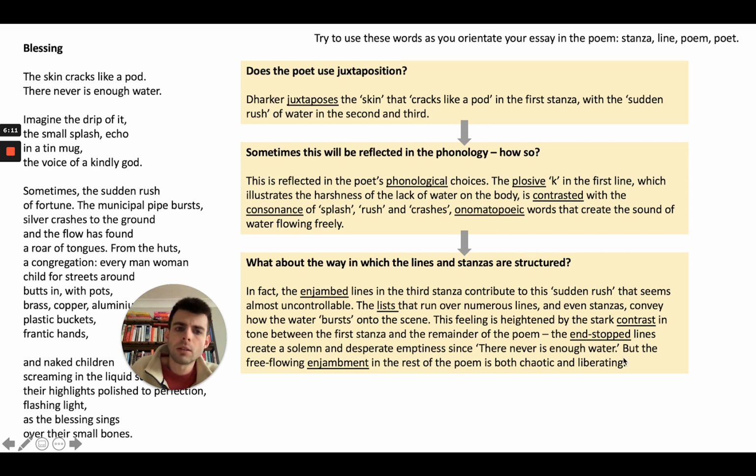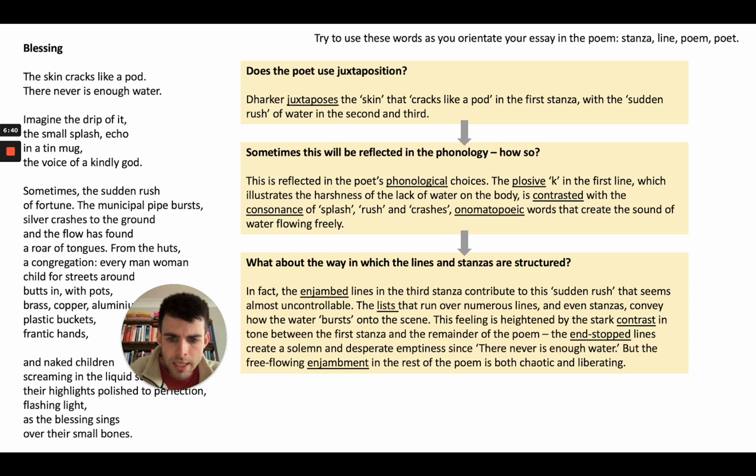But you might think, well, actually, it creates a kind of finality, that this is not something that they can escape from, and it's just a lucky coincidence that this pipe ends up bursting. Actually, they're destined, fated for drought and thirst at the beginning. And I guess that links in with the ideas around God and religion in the poem. But anyway, I'm going off on a bit of a tangent.